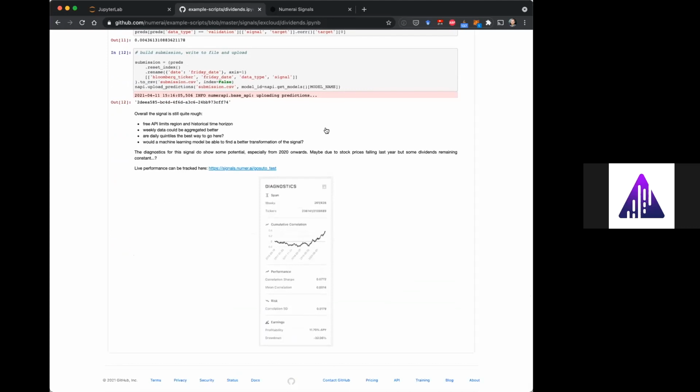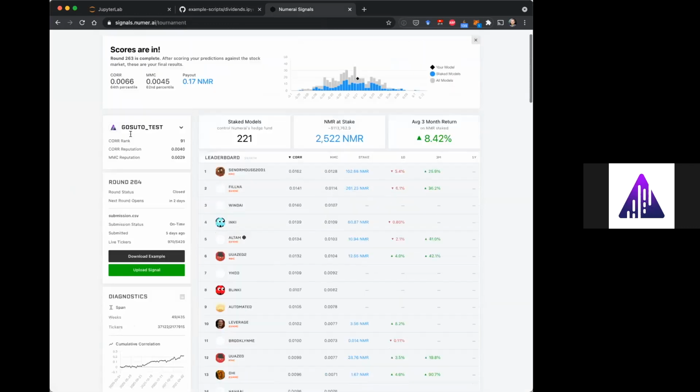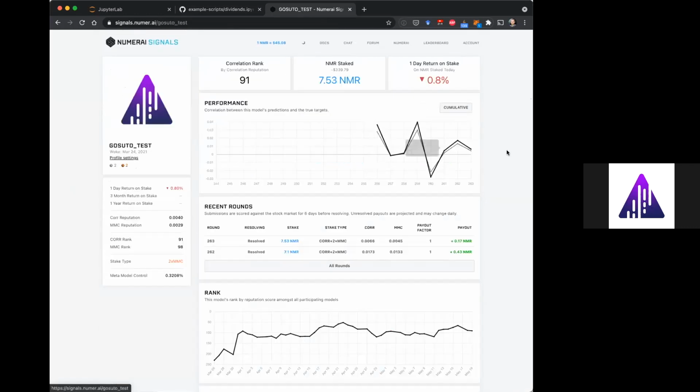And like I said, I didn't expect it to do so well, actually, especially in the beginning. This was a really nice surprise the first time. So this is exactly the example script that's on GitHub as well. I didn't change anything and I just submitted every week. So this was a really good start. After that, a bit more neutral. There's a big drawdown here, but overall still not bad for such a raw, simple signal.